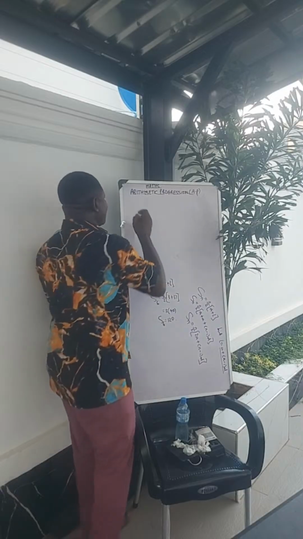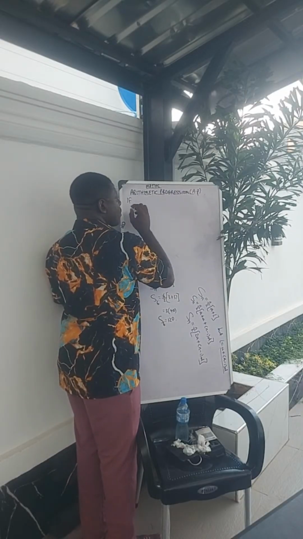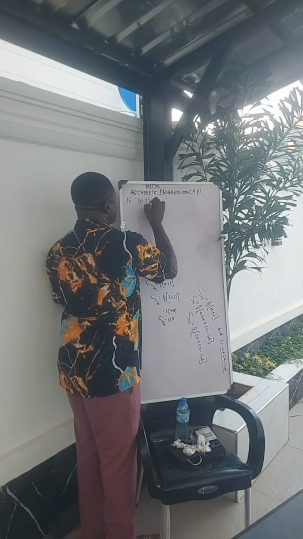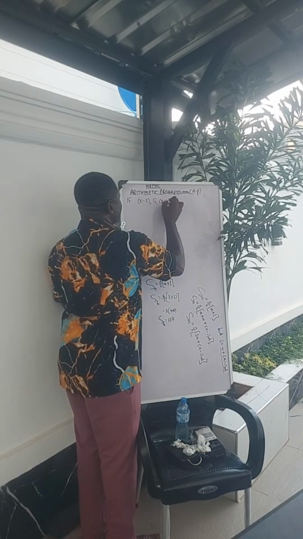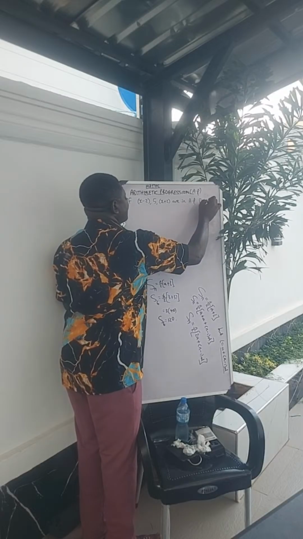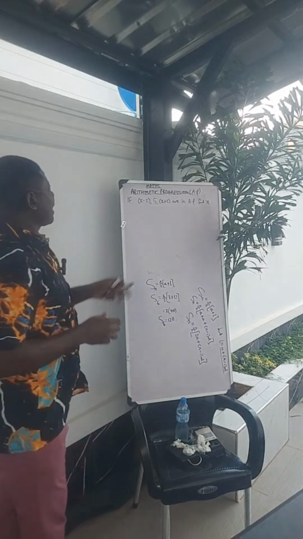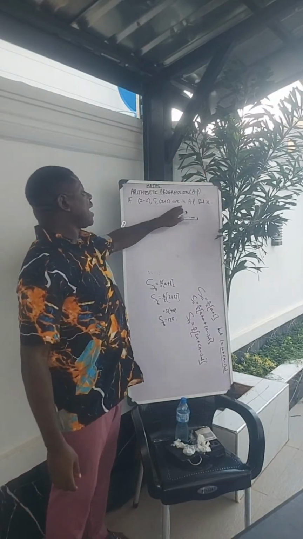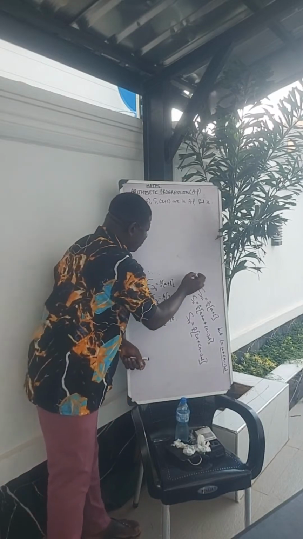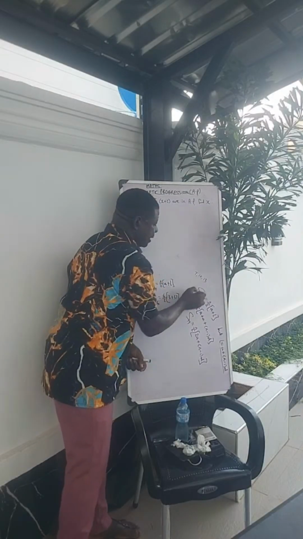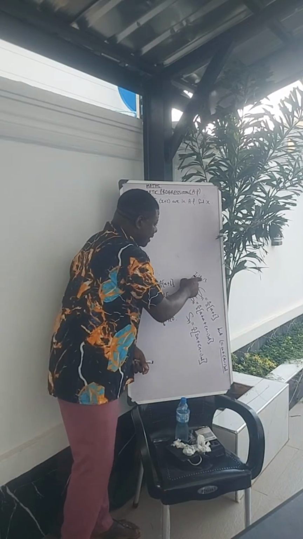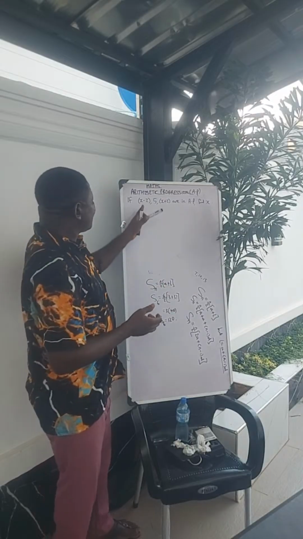They may just come in the exam and say, if x minus 2, 5, x plus 2 are in arithmetic progression, find x. What is the condition for something to be in AP? For example, if I have 7, 10, 13, to show that it's in arithmetic progression, 10 minus 7 must give me the same answer as 13 minus 10, right? So if this is in AP, the solution: